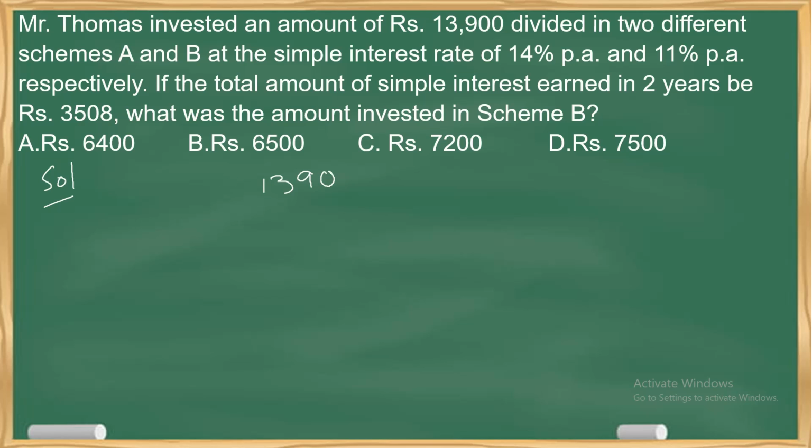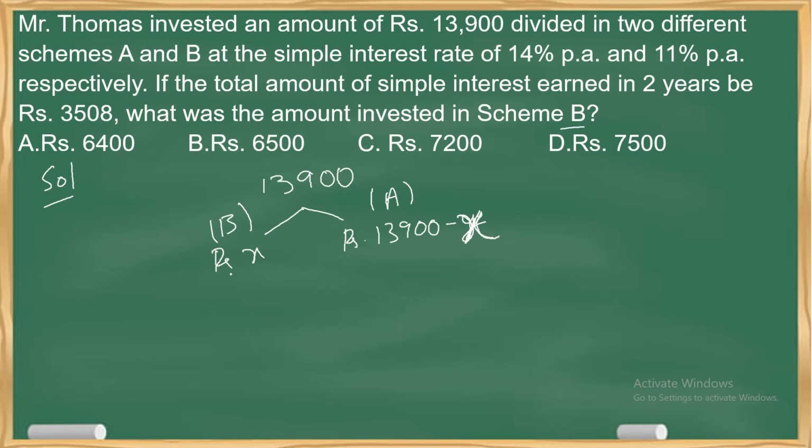So 13,900 is divided into rupees X and not rupees Y. You should take 13,900 minus Y. He's asking for B, so what you can take is this one as A and this one as B. Okay, scheme, I'm talking about scheme. To make it easy, that's all, nothing more than that. It's not X, I'm sorry, it's not Y, it's X. I'm sorry